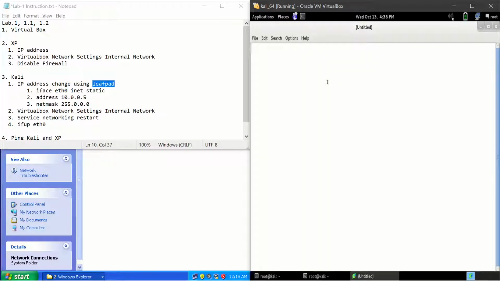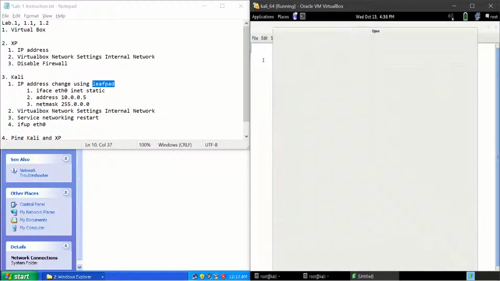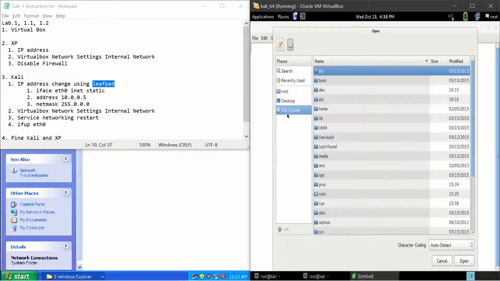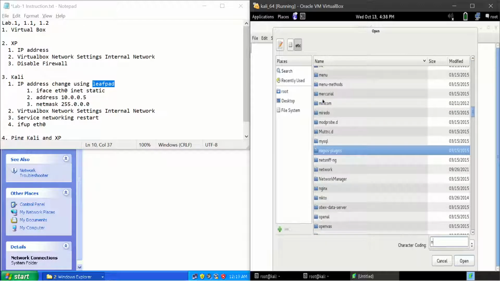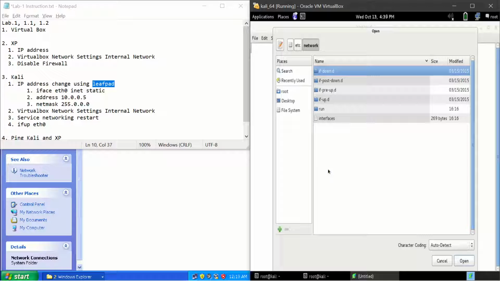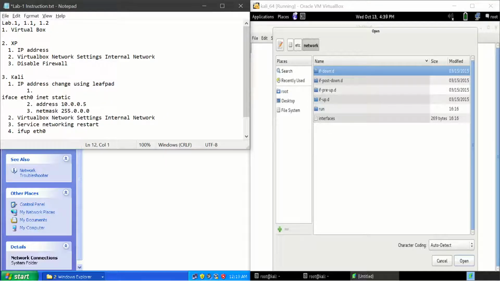It's like a Notepad. Then File, Open. Go to the file system, and then go to etc. Inside etc, the network folder, so press N. So the network folder you can find.